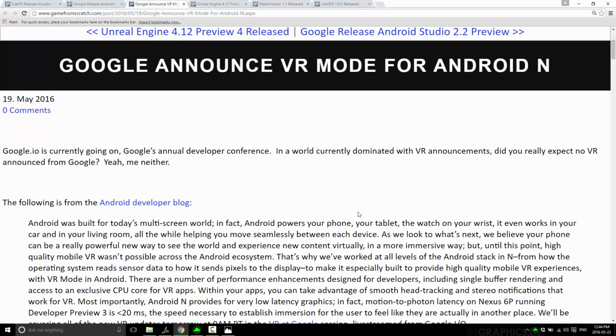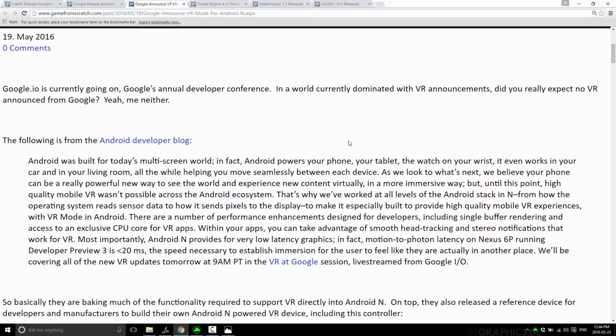Another VR announcement came out from Google this week. Google had their Google I/O developer conference this week, and there are two announcements from them, this being the first one. And it's kind of a weird, almost non-announcement to be honest, is they've added VR mode to Android N. And basically it's going to allow a few things, a number